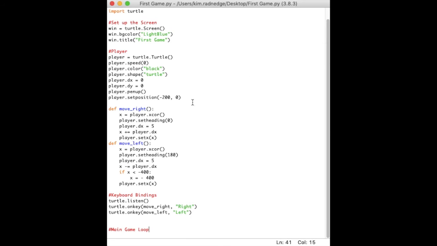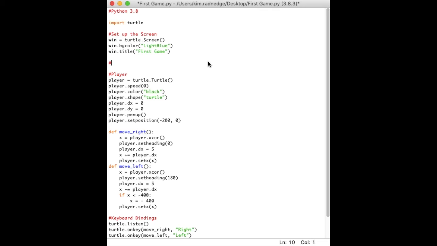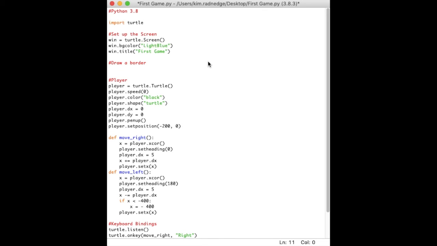So, what we need to do with this, since we don't know the exact ones, we're going to draw a border to make it easier for us. So let's put it after the setup screen. So the border is going to draw after the screen is popped up. So we're going to draw a border. Okay. Let's do border equals turtle